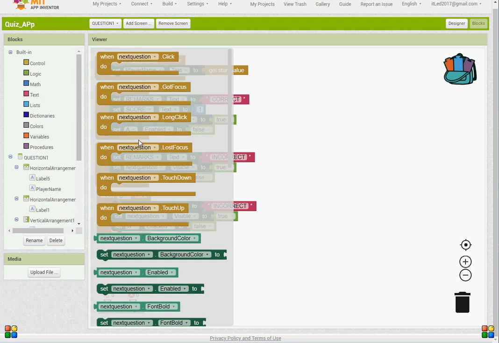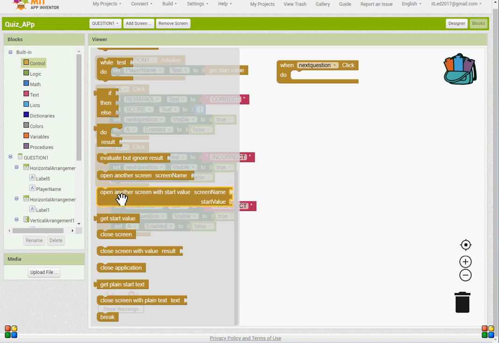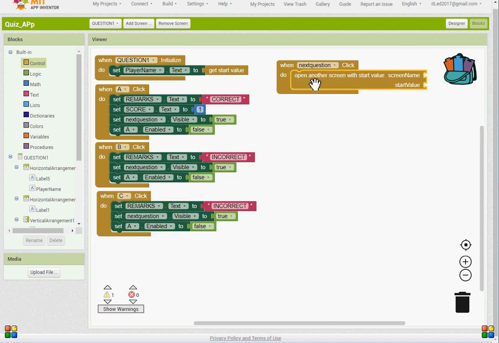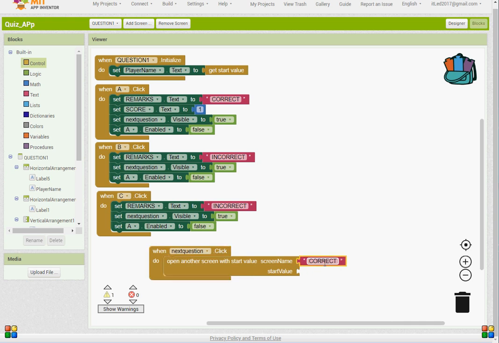So we need it when question dot click. We go to control, scroll it down, open another screen, start a new screen name. I just need to copy this here and type here